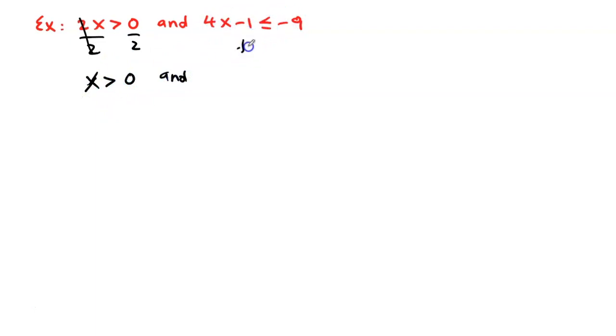Solve the inequality. Plus 1, plus 1. In this case, I had two inequalities separated by the word "and". Remember, I can have that or I can have the x in the middle. So I solved that one, x by itself. Solve this one: minus 1 and 1 are going to cancel out. Bring down the 4x, less than or equal to -9 plus 1 is